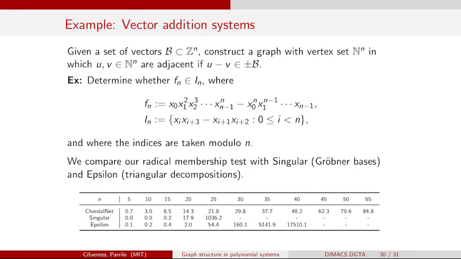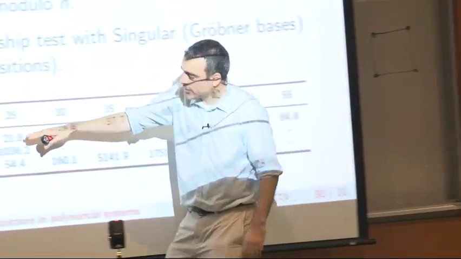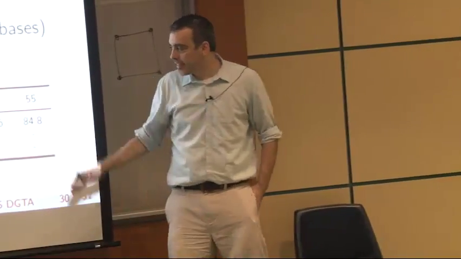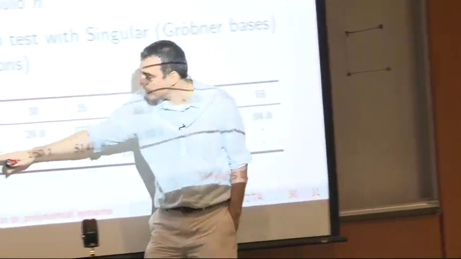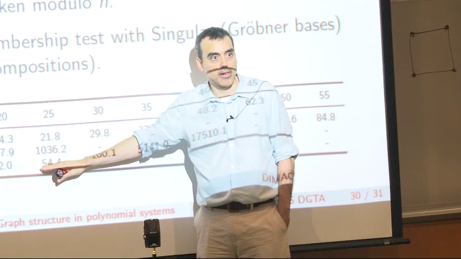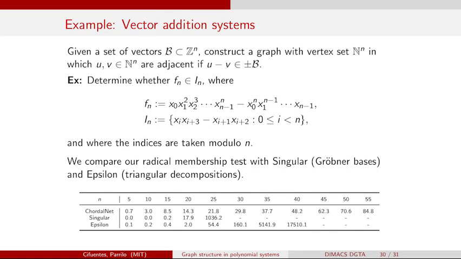We're comparing this for different values of n, where n is the number of variables, with some other state-of-the-art methods for solving polynomial equations. The only point I want to mention is the difference between our algorithm, these are timings for our algorithm, versus the other ones. You can see very clearly, again, numbers don't really matter, the exponential behavior that these two other methods have: as a function of the number of variables, they grow exponentially.